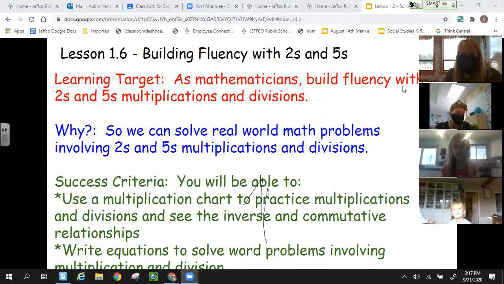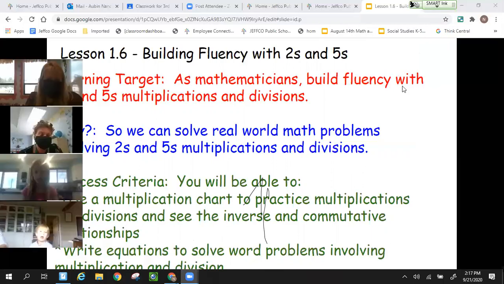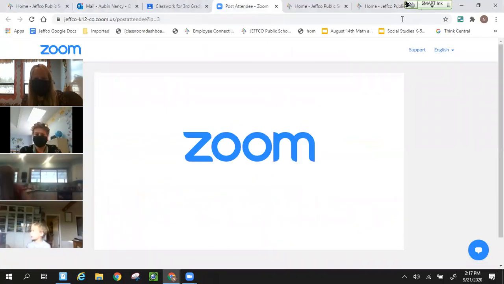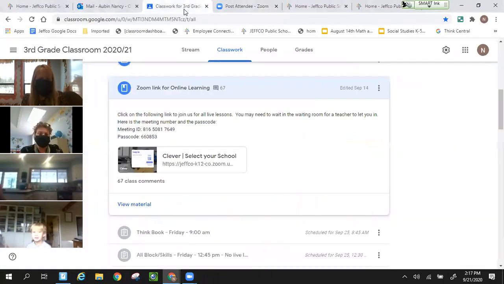So hopefully you were able to read the learning target and the success criteria. And Mrs. Harrison, for some reason, it's not letting me change to the next slide. And it won't let me escape. So I'm going to have to try getting out of it and starting again, because there's no other way. So when you guys go to your third grade classroom, you will see in Google